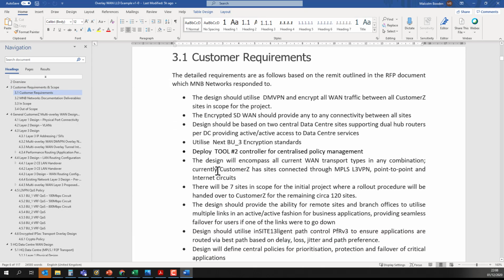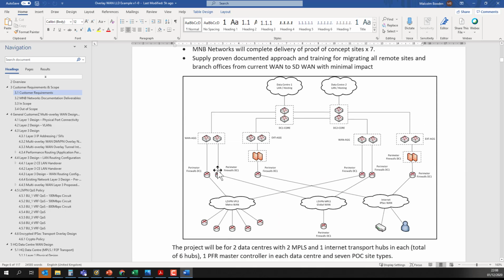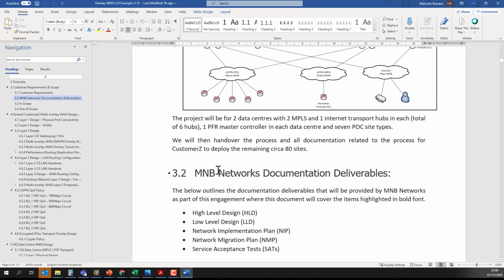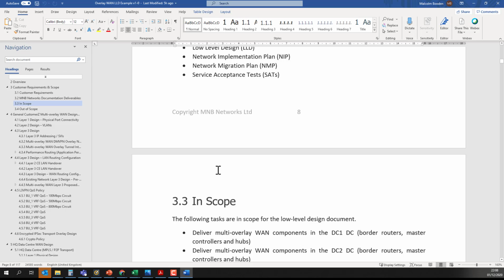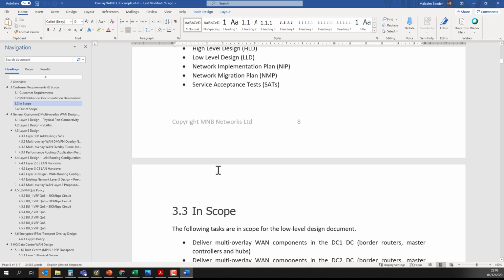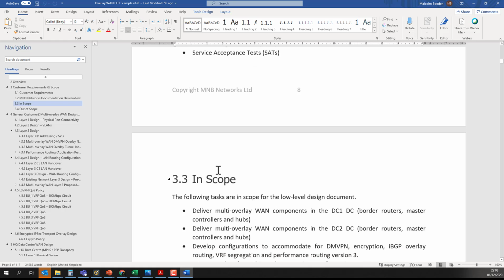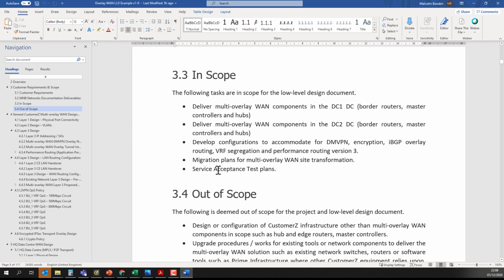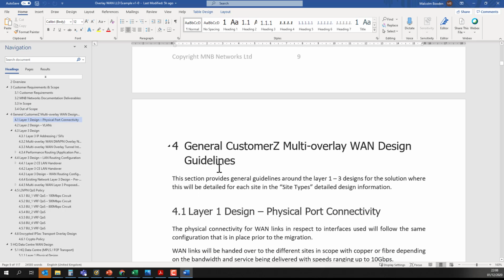Then we move into the scope section, customer requirements, have a look at the desired architecture before then having a look at what the deliverables are. So high level design, low level design, implementation plan, migration plan and acceptance tests, what's in scope and what's out of scope in regards to the solution, and then